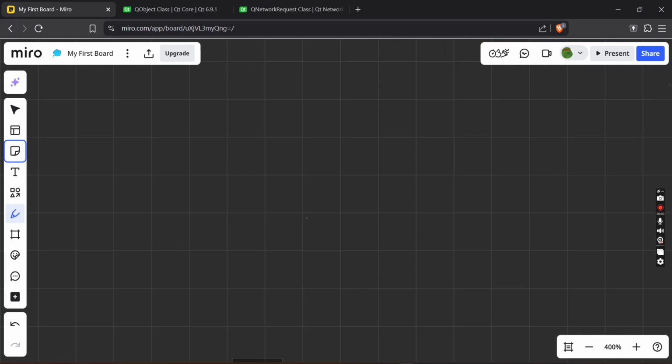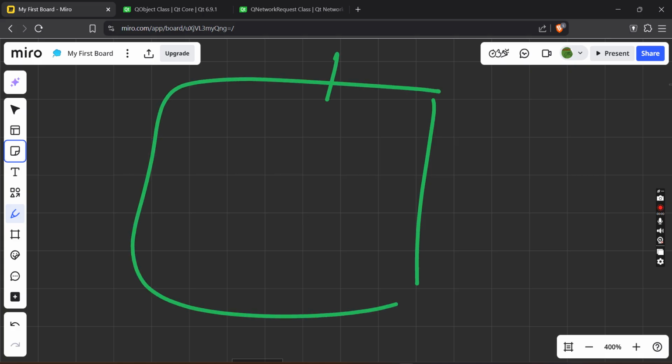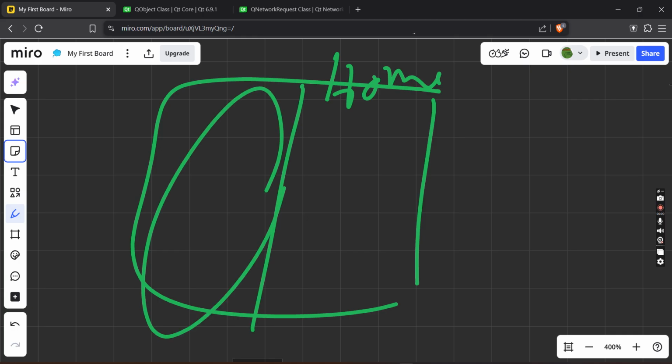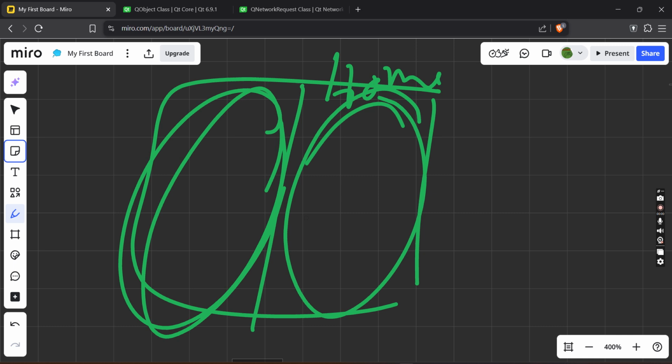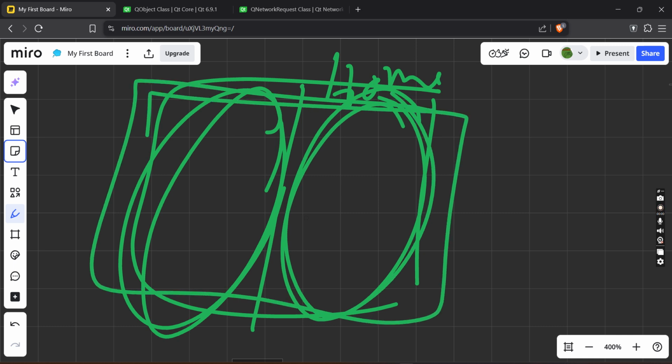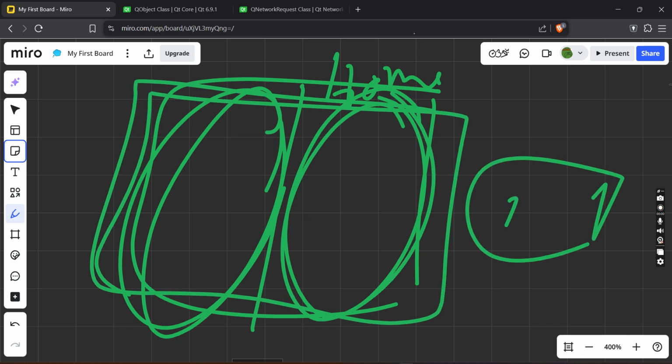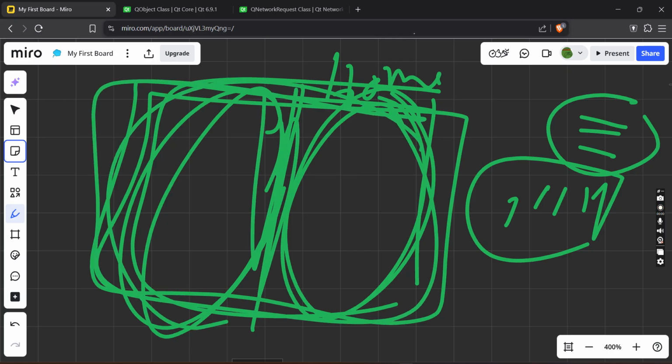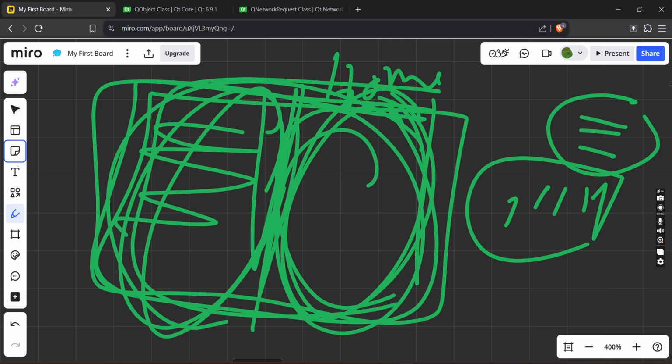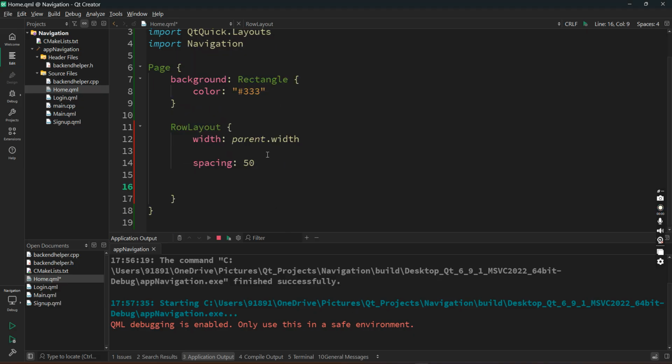So now we are building the home page. We have a row layout. The left side will be a column, and the right side will be a stack view, and the whole thing is inside a row layout, because row layout aligns items side by side. Column layout aligns items top to bottom. So first row layout, so items are side by side, and then a column, and this is a stack view. So in the row layout, the first will be a column,